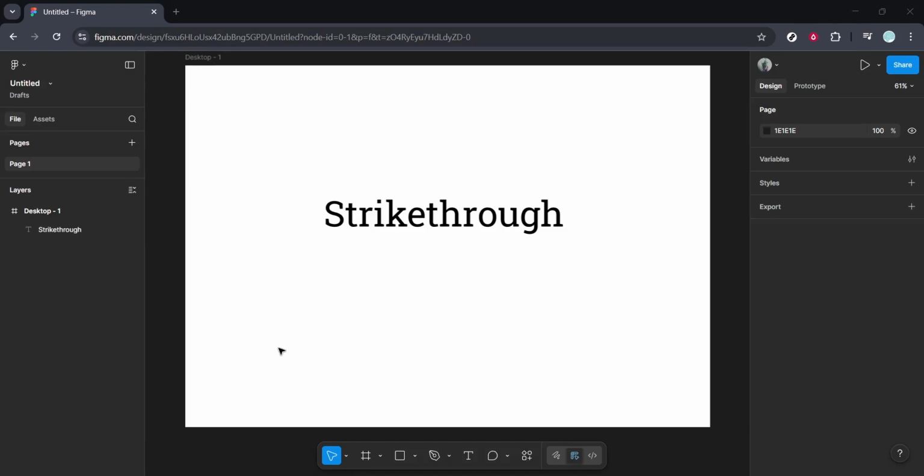In today's video, I'm going to teach you how to strike through in Figma. Strike-through text is a really useful feature in design, especially when you're collaborating with a team or simply trying to indicate a change, a deletion, or a completed item in your designs. It's a subtle but powerful way to communicate revisions without fully removing content, making it clear what has been altered